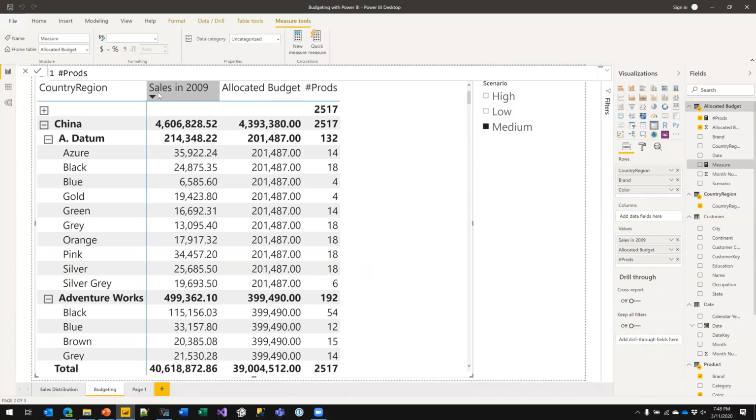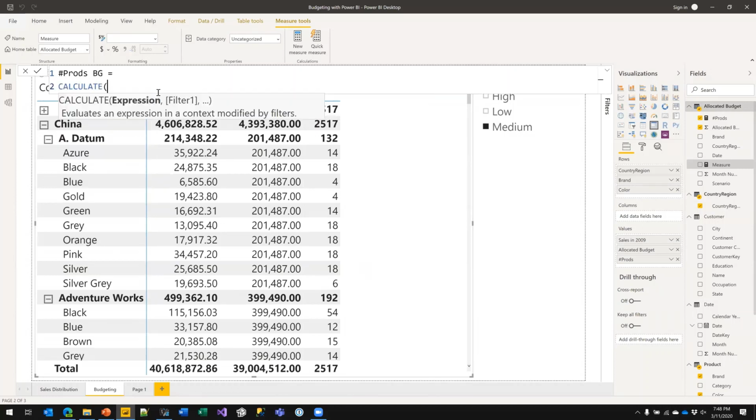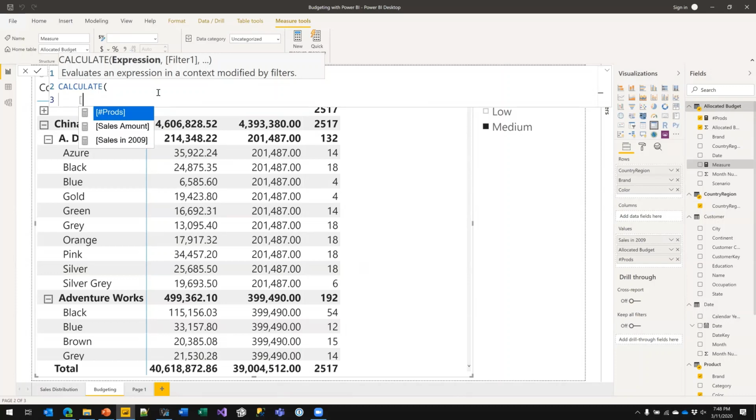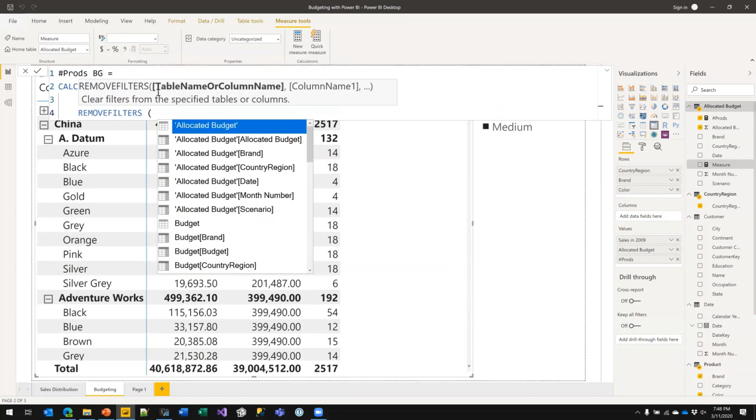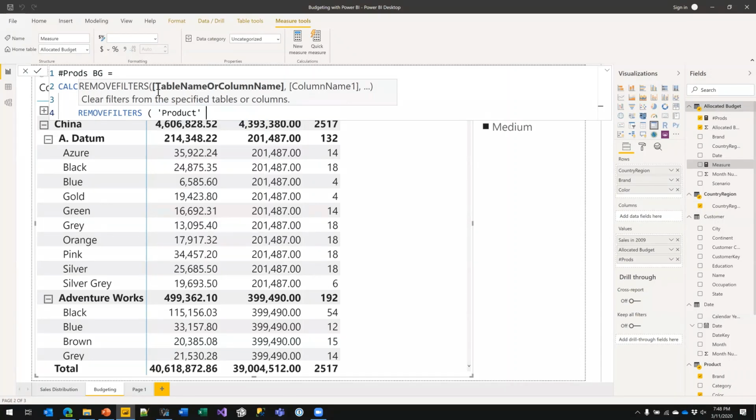I need to write the products at the budget grain. And I need to do that by using calculate number of products. I remove filters from the product table.